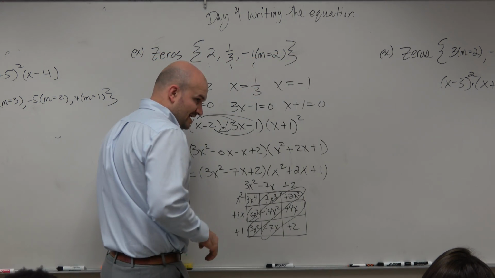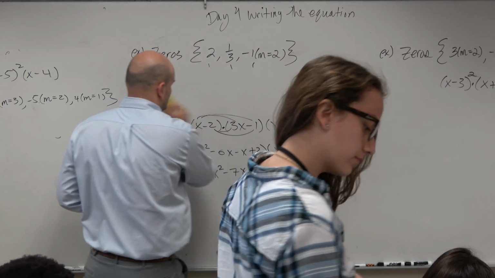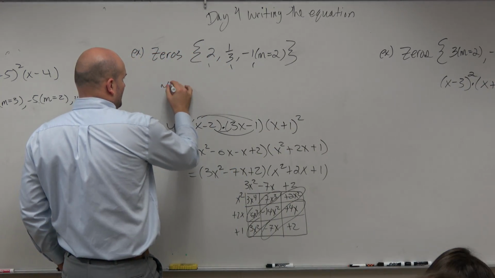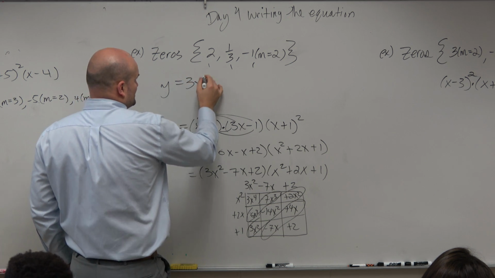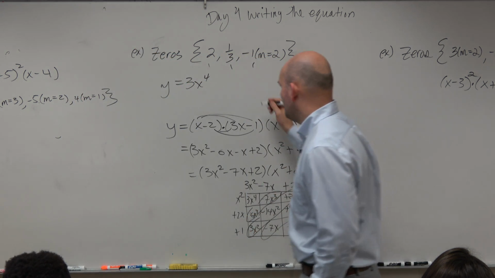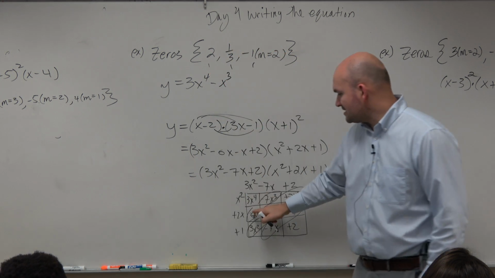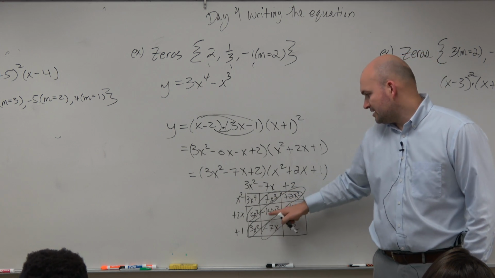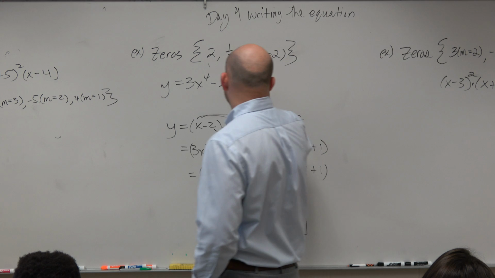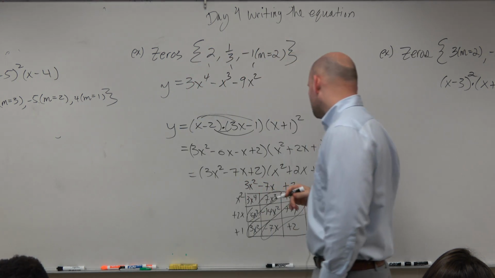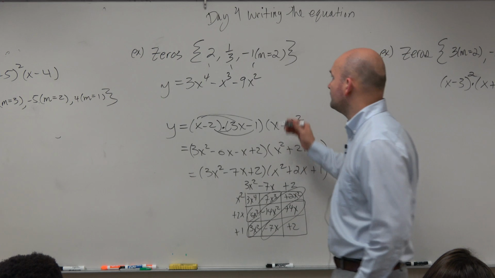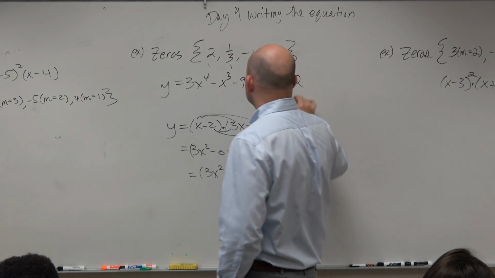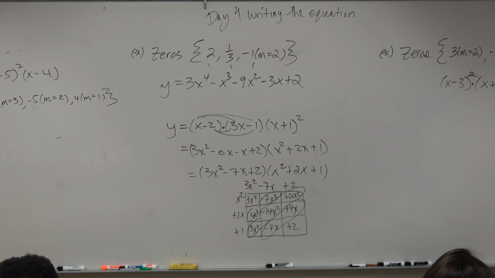So therefore, my final answer is going to be y equals 3x to the fourth minus x cubed, because that's positive 6x cubed minus 7x cubed. This becomes a negative 11, a negative 9x squared. Combine these two as a negative 3x plus 2. And that'd be my equation in standard form. Now, I'm going to work out the other answer, but because this is early,